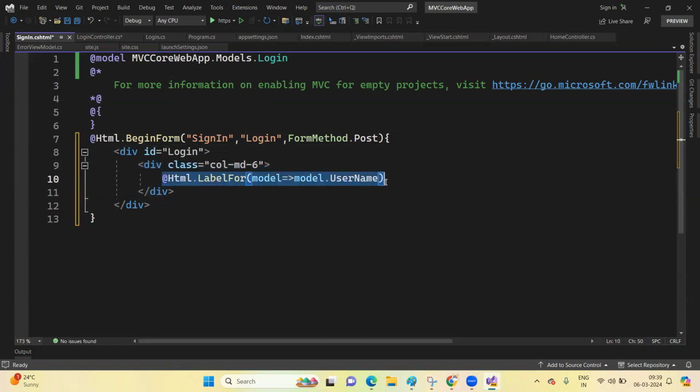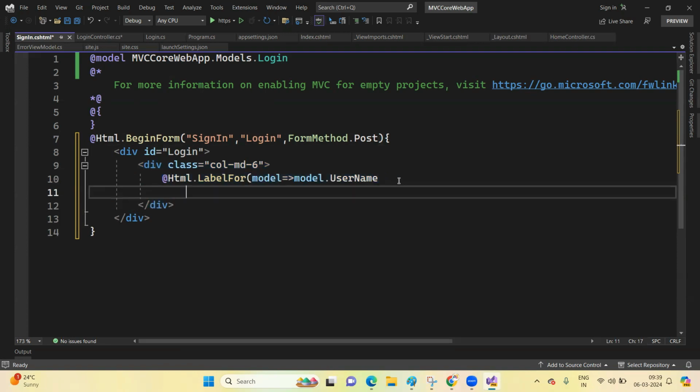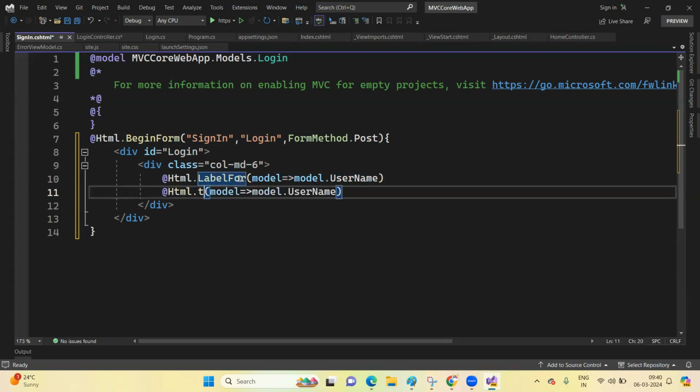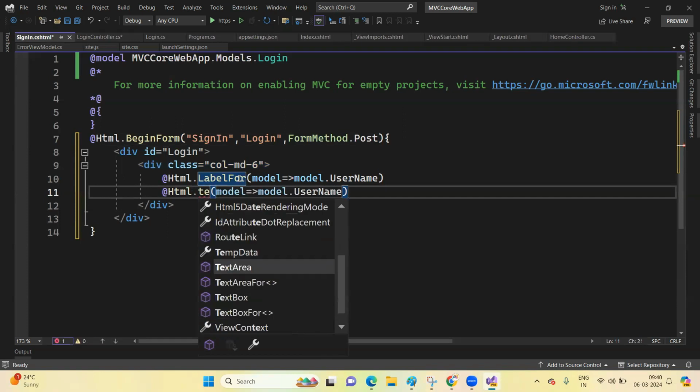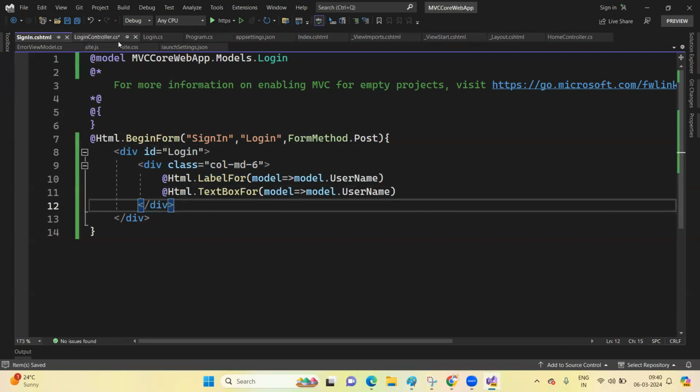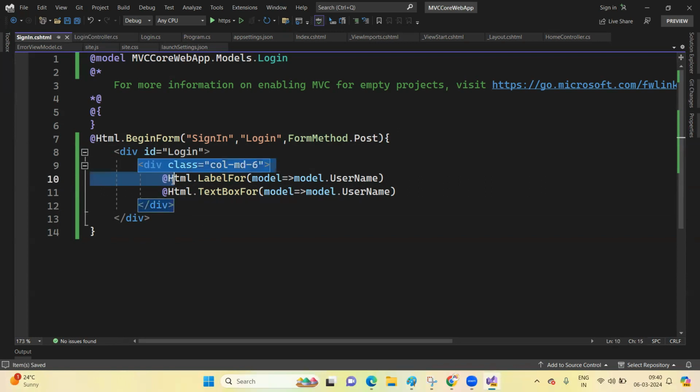Similarly, we have to add the text box to enter the value for the username. So instead of LabelFor, I'll use TextBoxFor now. After this, we need